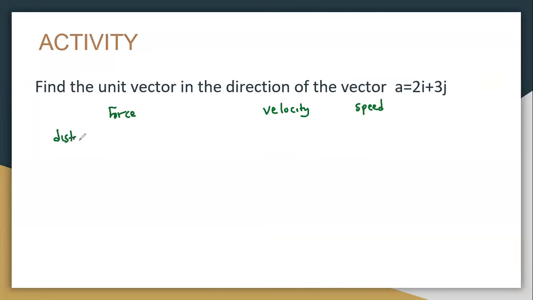Distance and displacement are related. Now, they are going to come up with a scenario whereby they have given you the speed and they have given you the direction, but they are interested in you finding the velocity. So when you read the question and they have given you the speed and the direction,